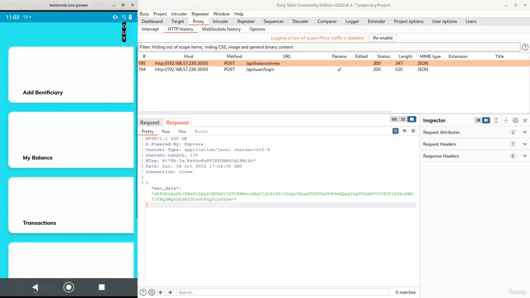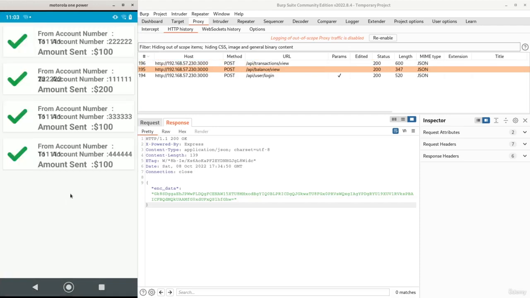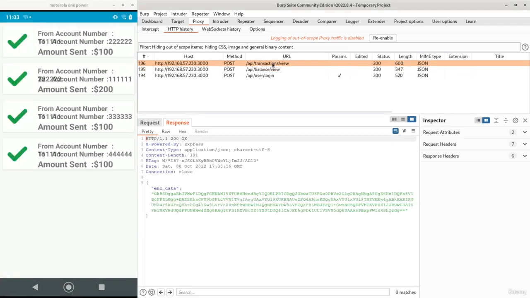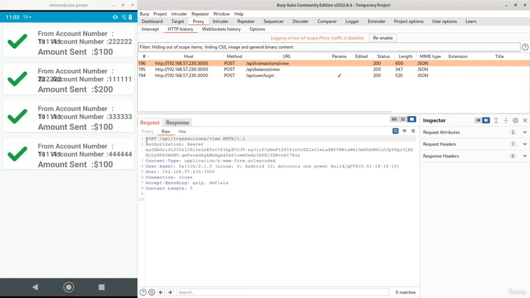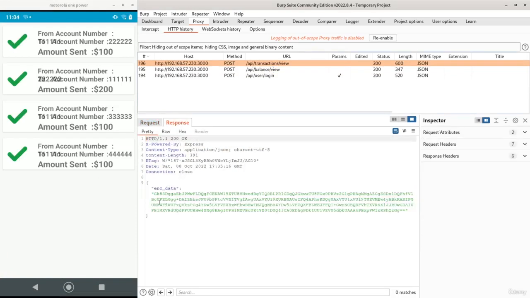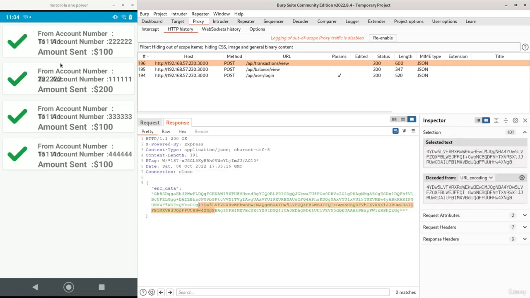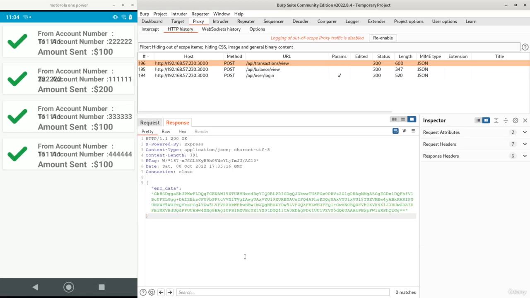Let's try to click some more buttons. We are going with transaction this time. Let's click on the transaction request. Again no parameters, and in the response we are seeing this encrypted text. So essentially the server is giving an encrypted response to the application, and the Android app is decrypting the values and showing us the results. So as a next step, we need to reverse the application to understand how the encryption is being done, and after that maybe we'll be able to find some vulnerabilities, access control related issues in the